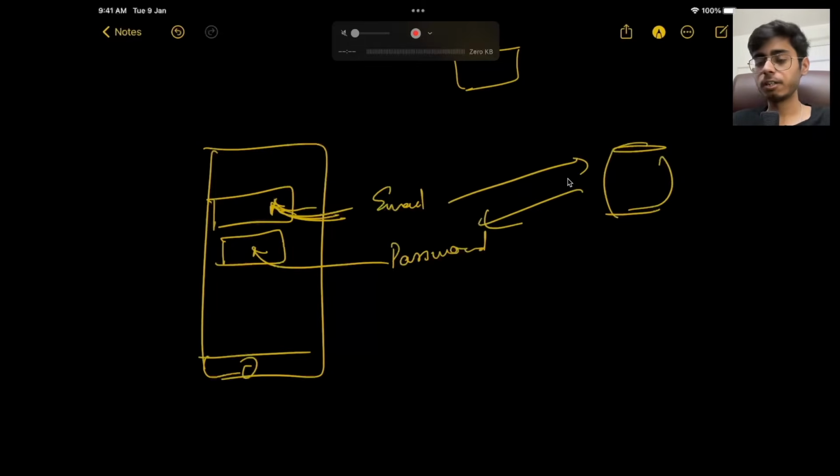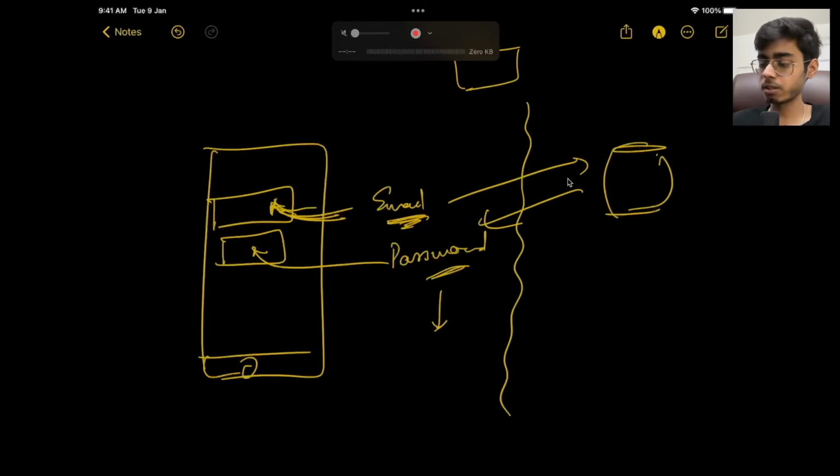Because your employees of your company, whose app it is, they can go on the database and they can read this password, right? They can read the email and they can log into your customer's account, right? This cannot happen. So email can be public, but password you need to first, on the client side itself,